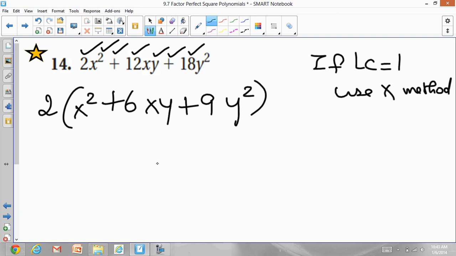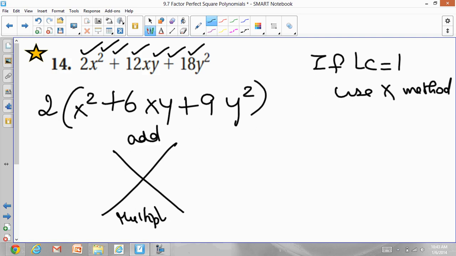So I'm going to use the X method. I'm going to write add, multiply. I'm going to put the 6 and I'm going to put the 9. So you're thinking 9, I can get it from 3 times 3. 3 plus 3 gives you a 6, so it works. So I'm going to rewrite this as 2 on the outside still stays the same. So I'm going to get